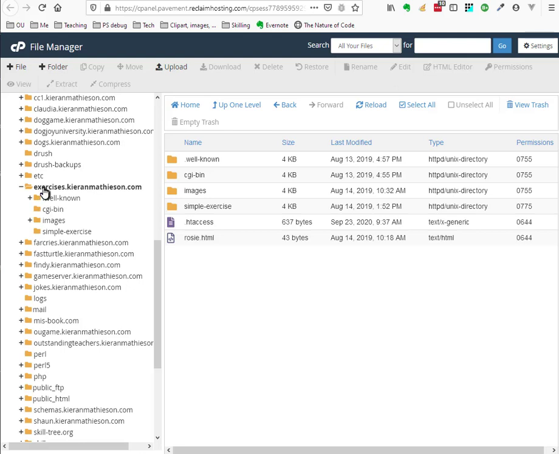Now we have a subdomain we created called exercises.kieranmatheson.com. And what I would do is give every exercise its own folder. So here we are, this is the root of this, ignore all this other stuff there. I'll create a new folder for every exercise. So I'll hit folder,